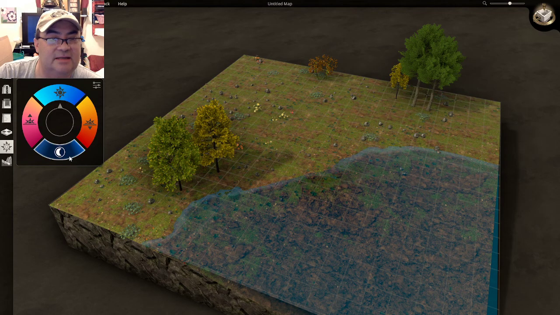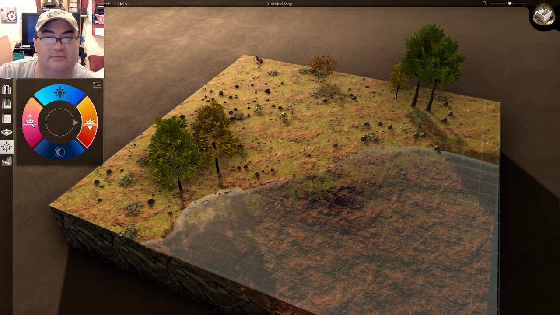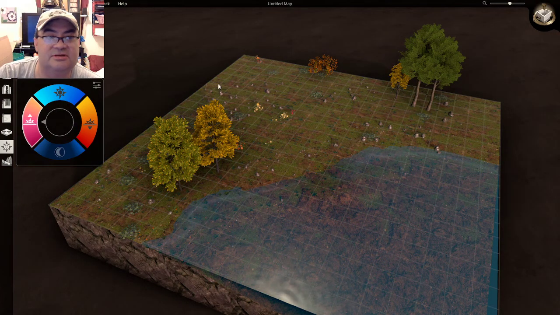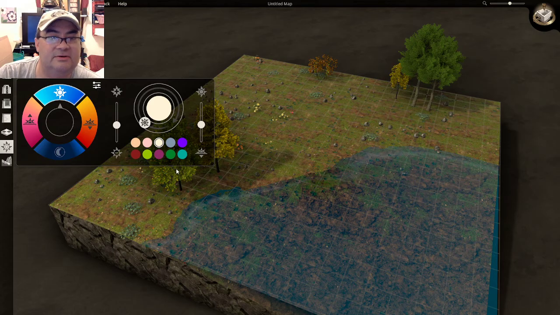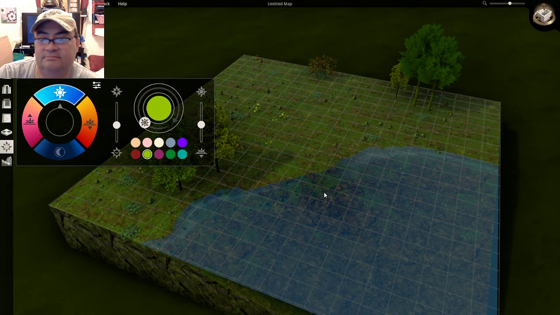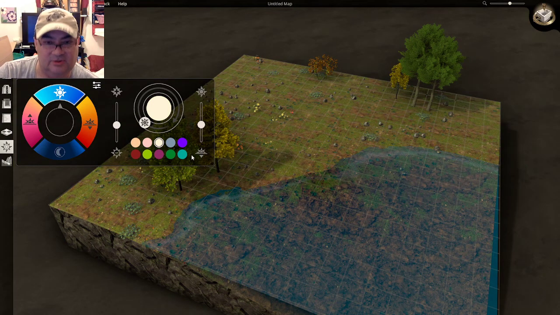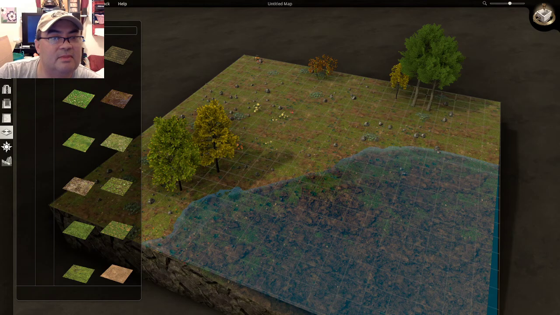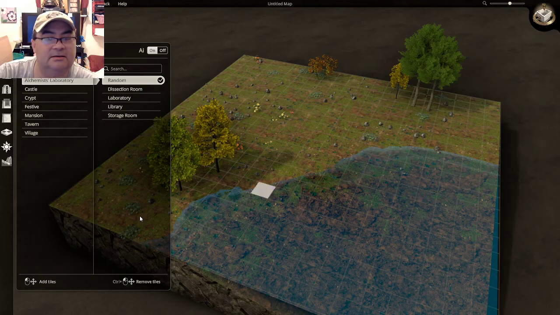You can change the lighting on it again. So now we make it nighttime. You can change the position of where the sun is at. And you can change coloration. So if you want to have Morrslieb shining down upon the world for Warhammer, and then, but you can go up here. So the basic